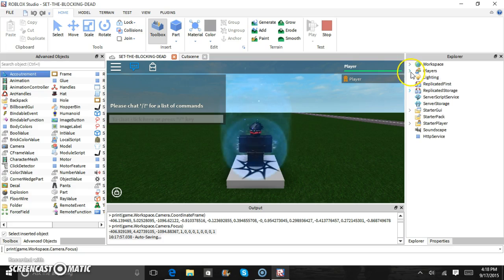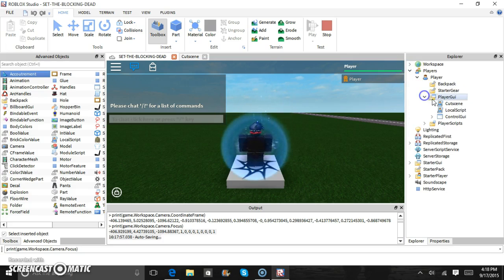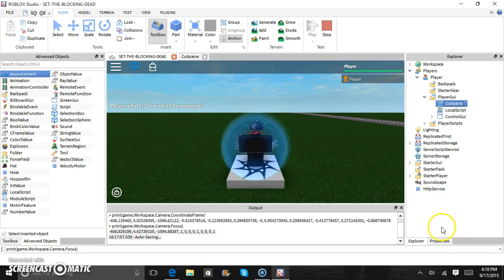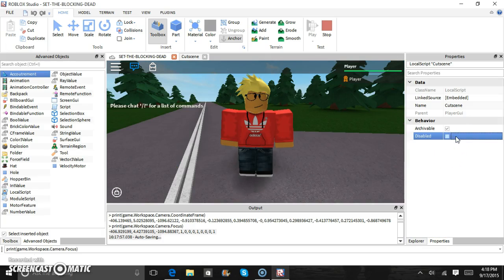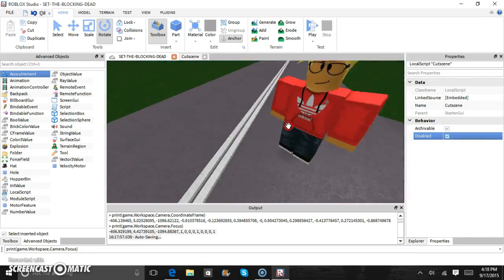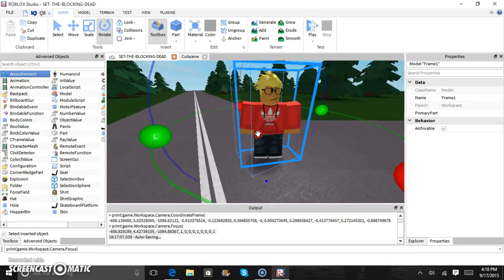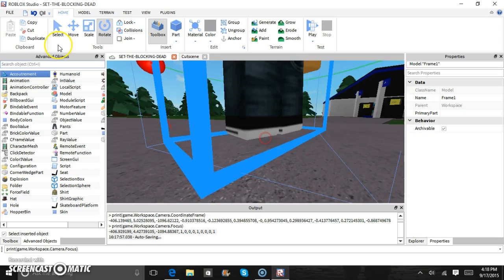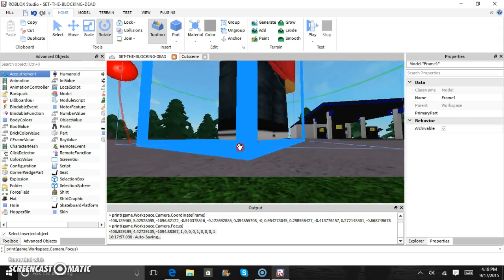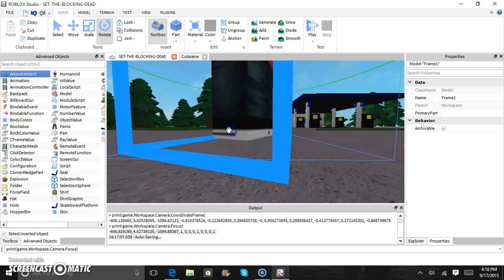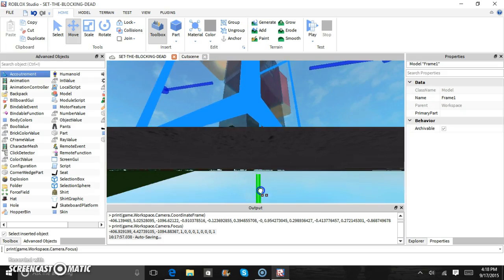I'm gonna go into my players, find me, go to my player GUI, click the cutscene, undisable it, and as you see, my camera automatically leaps to him. So we're gonna stop. We want him to actually move. Well, first off, I don't want him hovering like it appears that he is. Yeah, so I'm gonna bring him down a little bit,